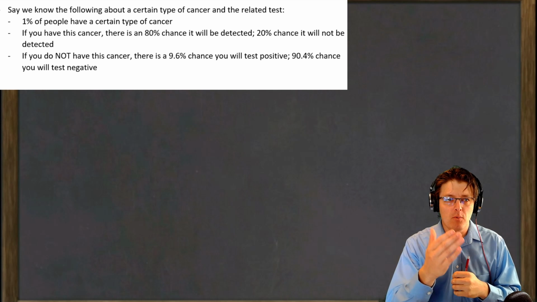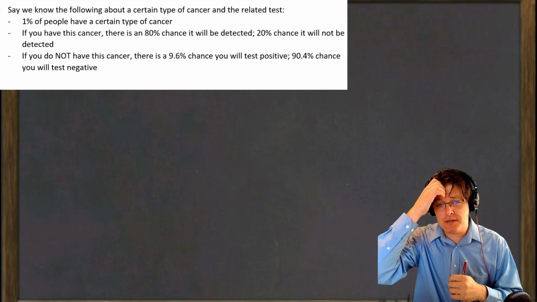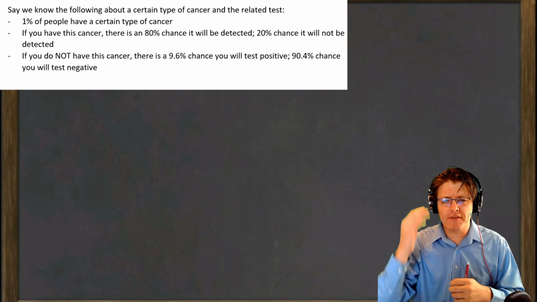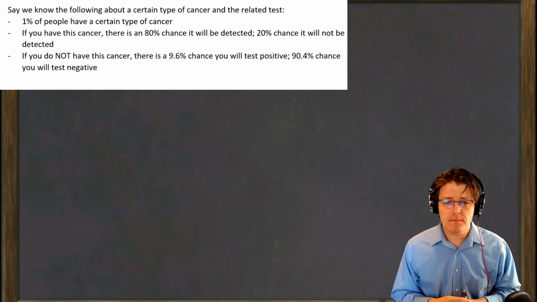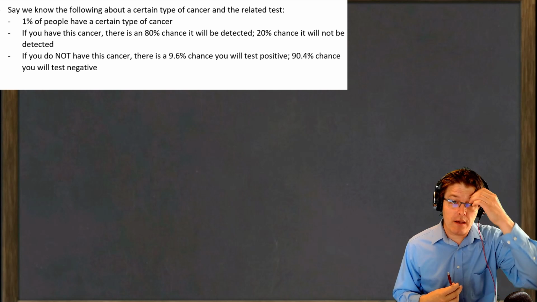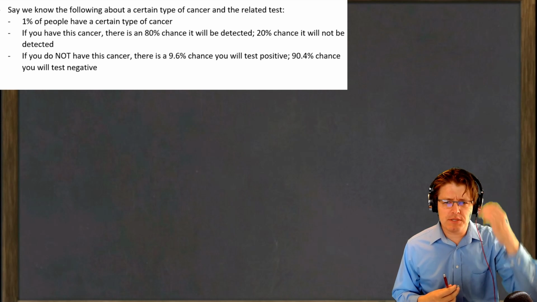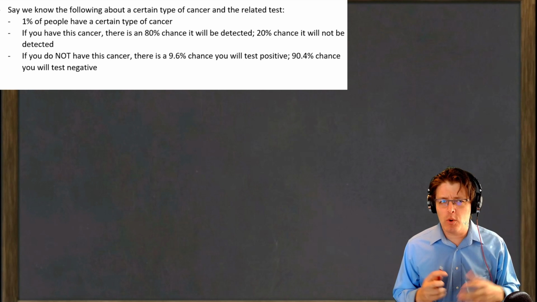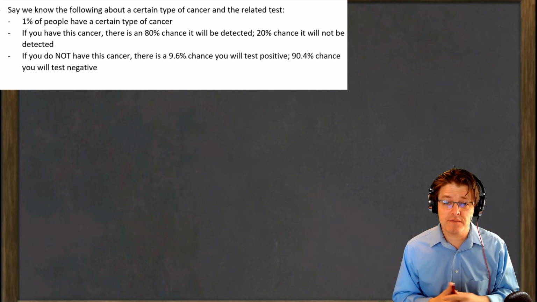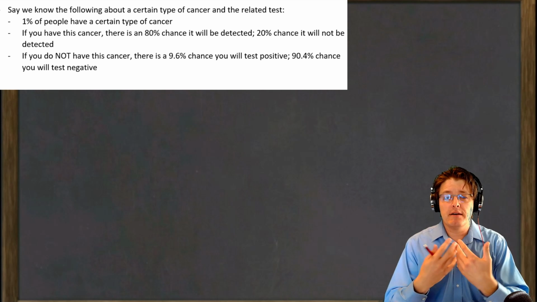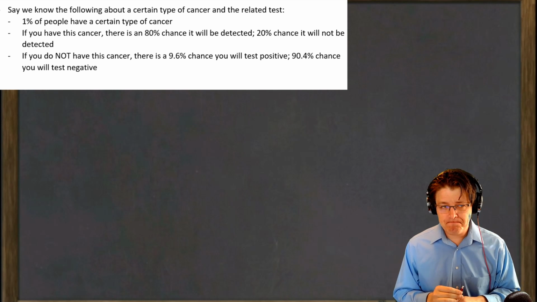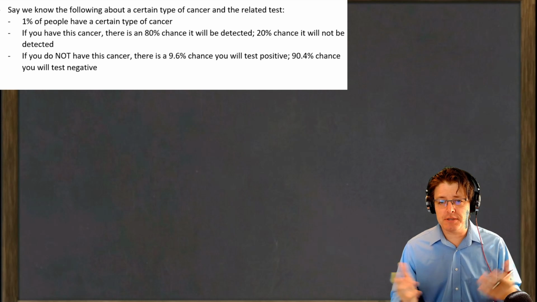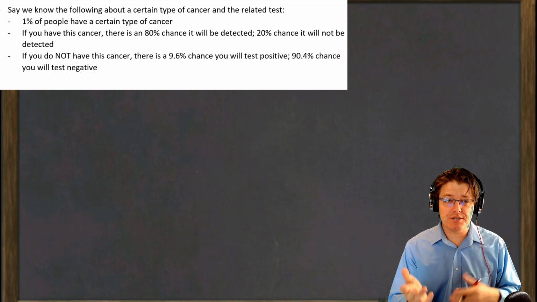1% of people having a certain type of cancer. We don't have a cancer that 1% of the whole population has, but we do have cancers where, if you're a 50-year-old male, I haven't looked up these numbers, but it's probably not wildly different than 1% of 50-year-old or older men having prostate cancer, for instance. That's why you're supposed to get your prostate exam every however many years, or colon cancer screening or something like that. So this is not an outlandish situation.